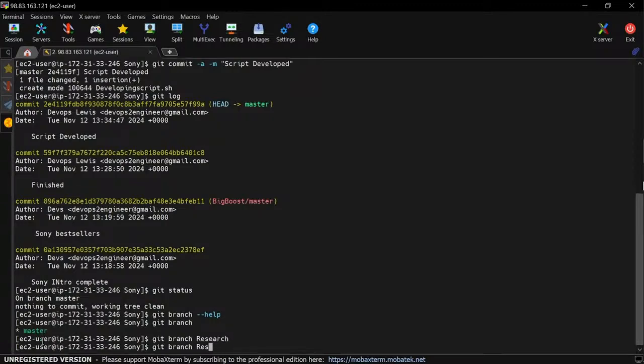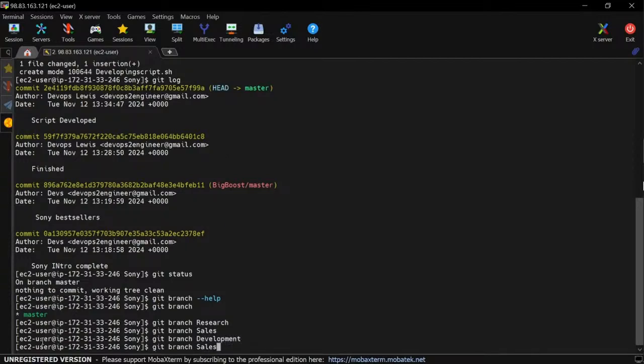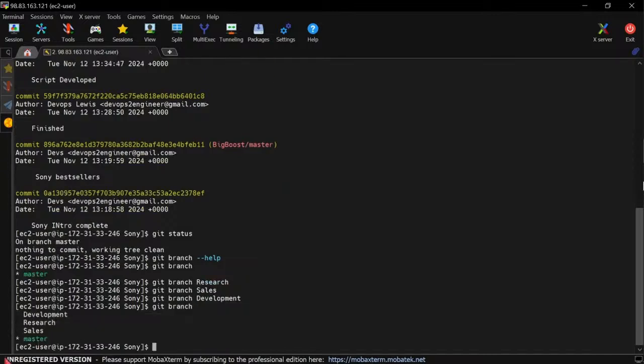And git branch sales. Git branch development. Now let's do git branch normally, and we can see we have 4 different branches, but we are inside the